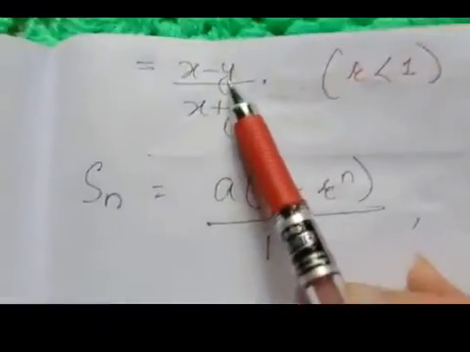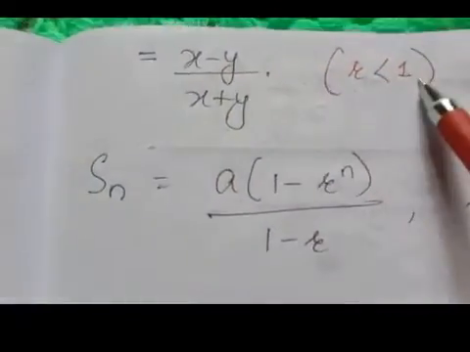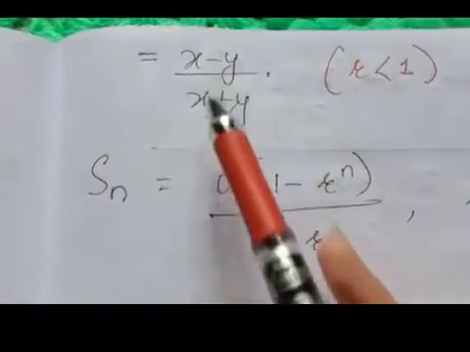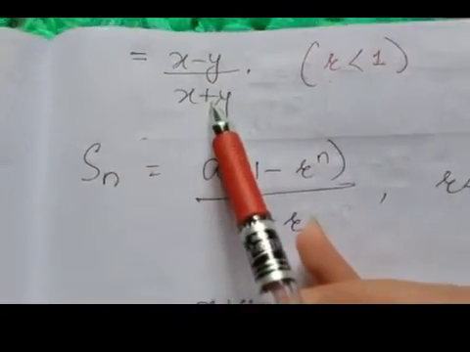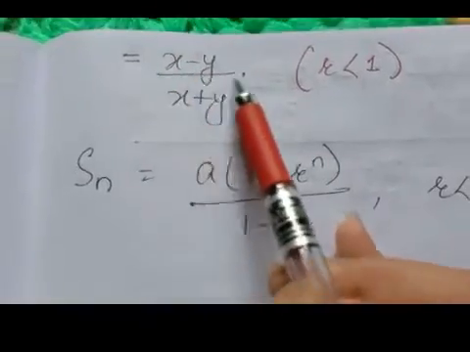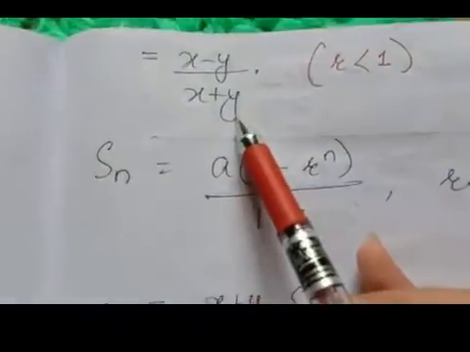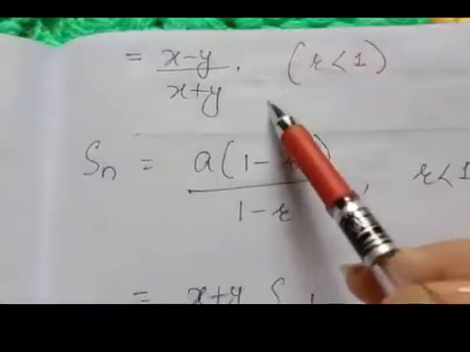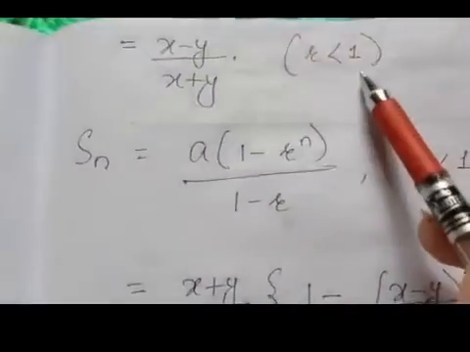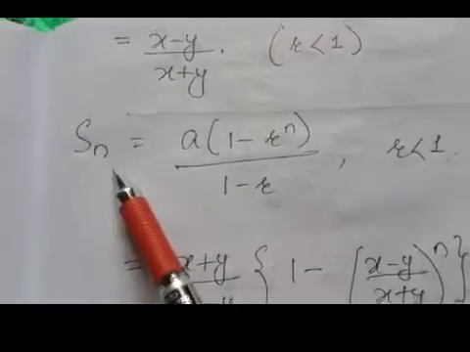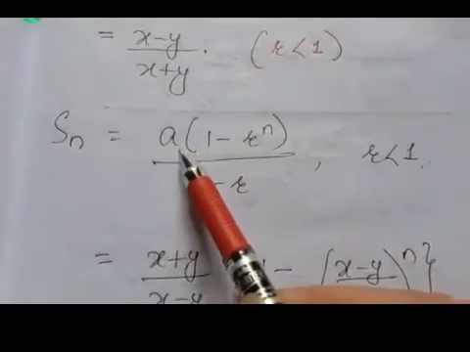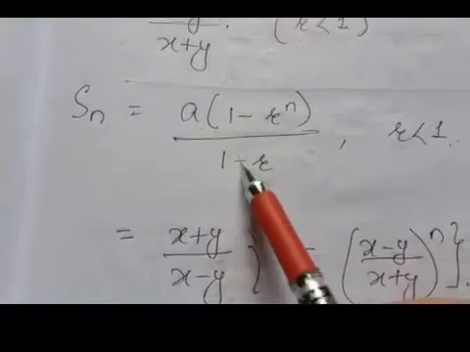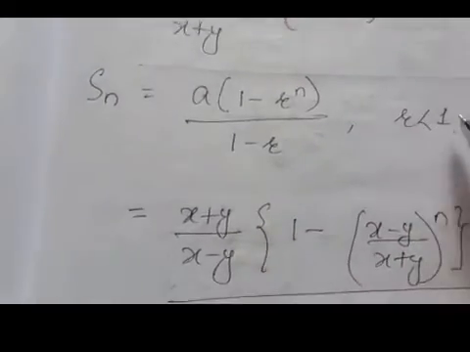So here the value of r is less than 1. See, in the numerator we have a minus sign, subtraction, and in the denominator we have a plus sign. So obviously your numerator will be less than the denominator. So this is a proper fraction, and I have already told you proper fractions are less than 1. So we will find the sum of n terms. Here we have to use this formula, a(1 − r^n) divided by (1 − r), because here r is less than 1.